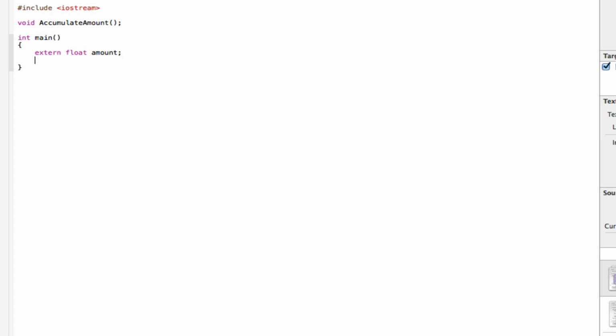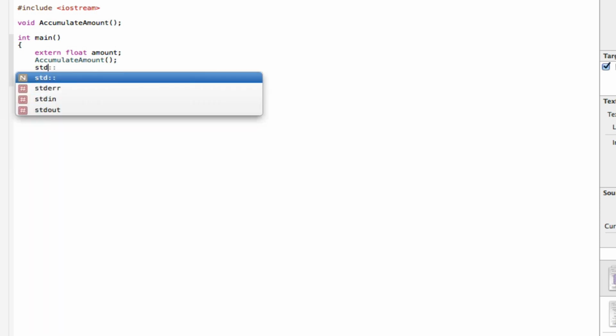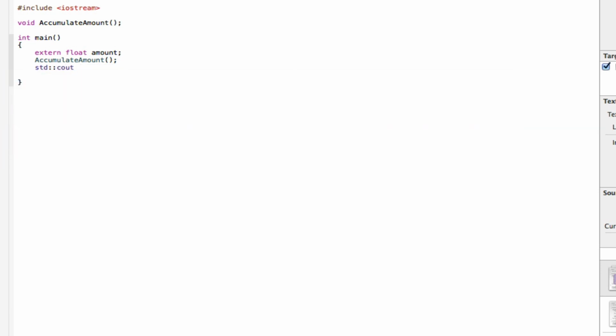Next line is to say accumulate amount. So just copy this, paste that there, parentheses, close that off, std cout, print the amount out, close that off,